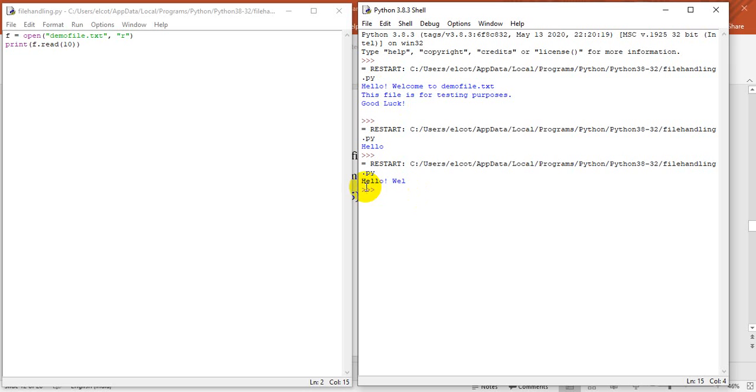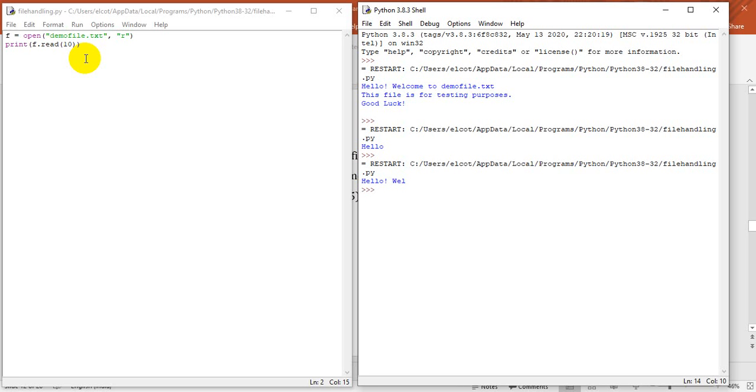So that is why H is one character, E is second, L is third, L is fourth, O is fifth, exclamation mark is 6, empty space is 7, then W is 8, E is 9, L is 10. So you have to keep this in mind. This is the way of reading partial content of the file.